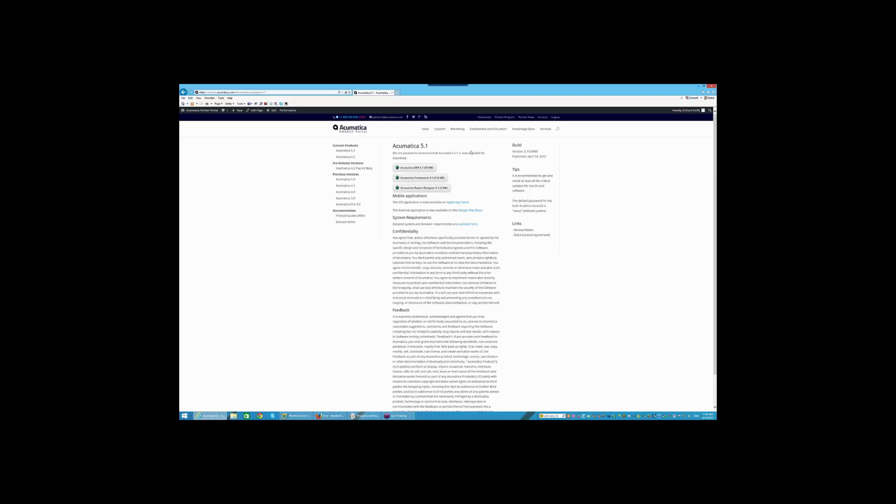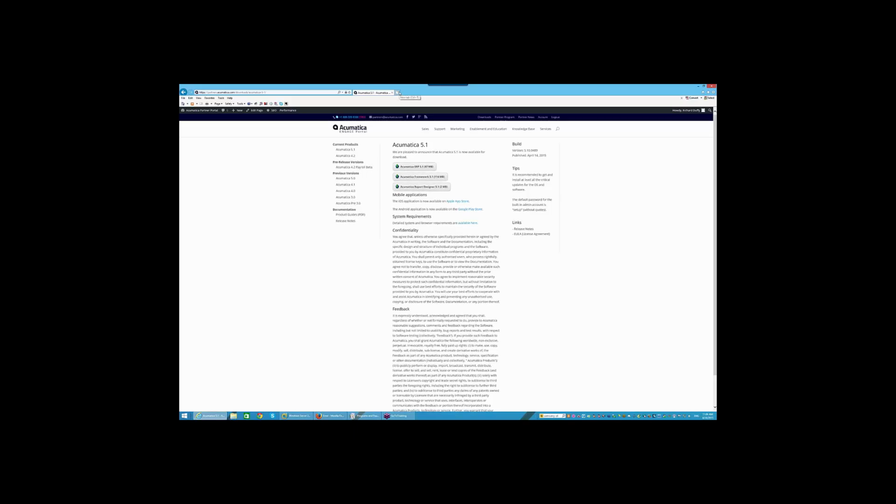So hopefully by now you have upgraded to Acumatica 5.1. The good news is for those of you who are using one of the Try Acumatica sites that I am running, there are about 43 instances currently running. All of those have been updated to Acumatica 5.1 to the latest build, and there is a brand new build which is just about to come out, so I will be updating that build on the weekend for you. With that in mind, always remember that Sunday is not a great day to be